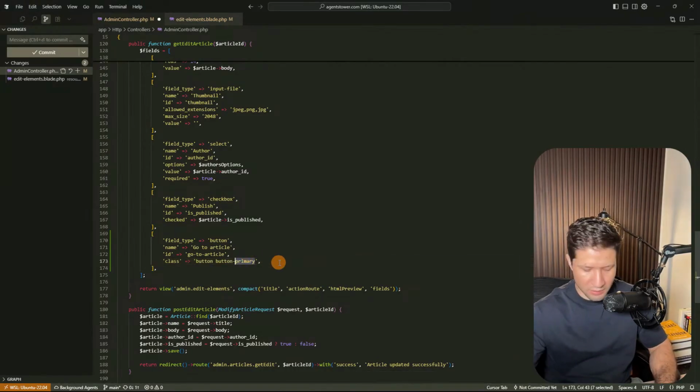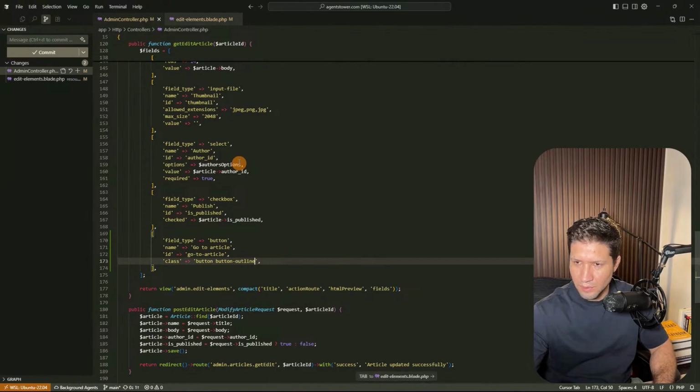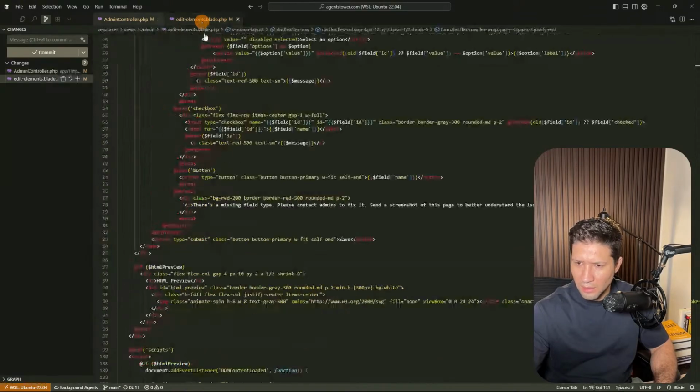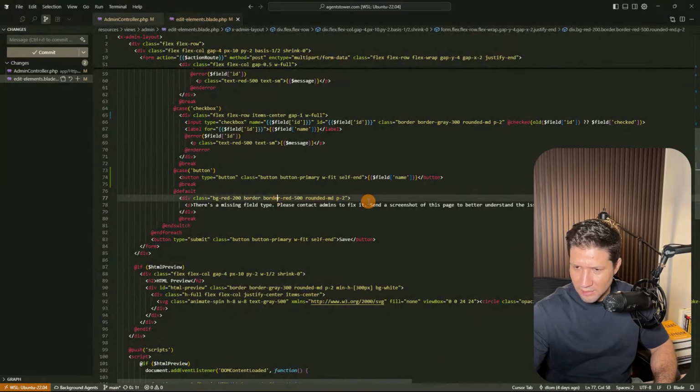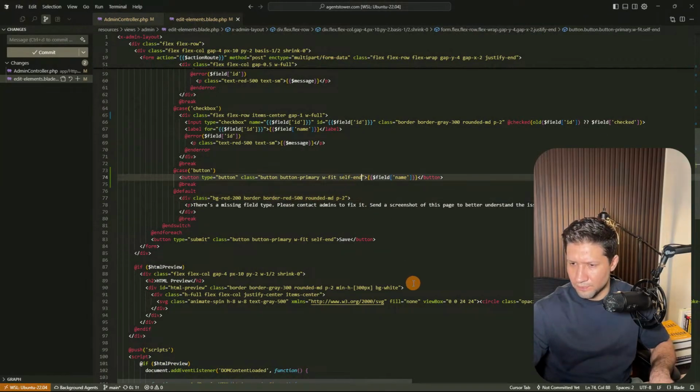I want to have it like a button outline, and in here add something like this, so I could add some classes in here. So if it's set,